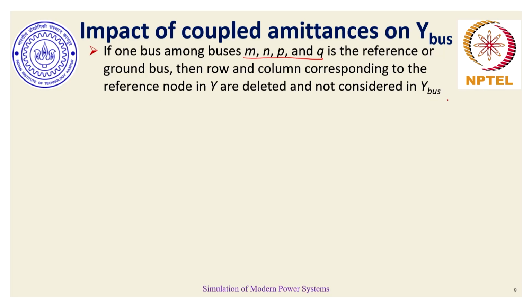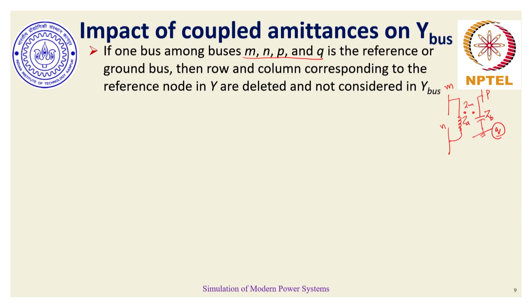Let me give you an example. Suppose mathematically I have a transmission line between bus M and N whose series impedance ZA is mutually coupled to the half line charging susceptance or capacitance. I know it's a very bad example, but numerically it could be possible, is mutually coupled with the capacitance present at bus P with a mutual coupling of Zm. So in this case that we saw, Q essentially becomes a reference node. So theoretically speaking, yes, it is possible.